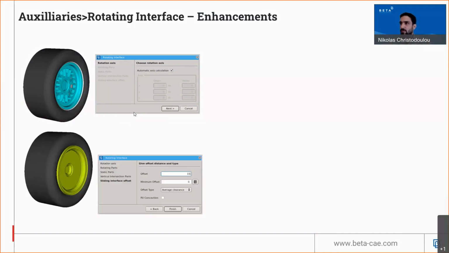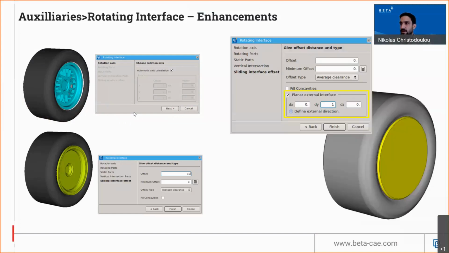Now, in the new version, the resulting interface can be flat, as you can see on the right image. So in the past, the user would specify the offset only, but now if you activate this flag, the user can produce a planar external interface, which is handy on some occasions.